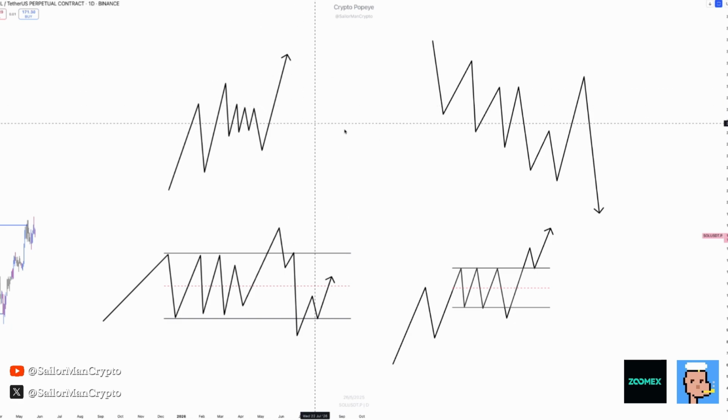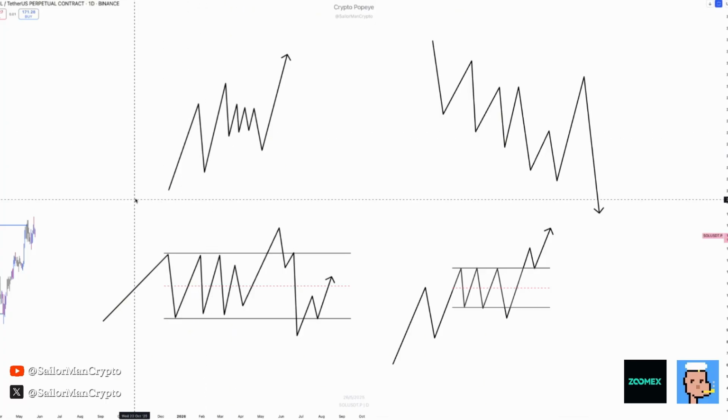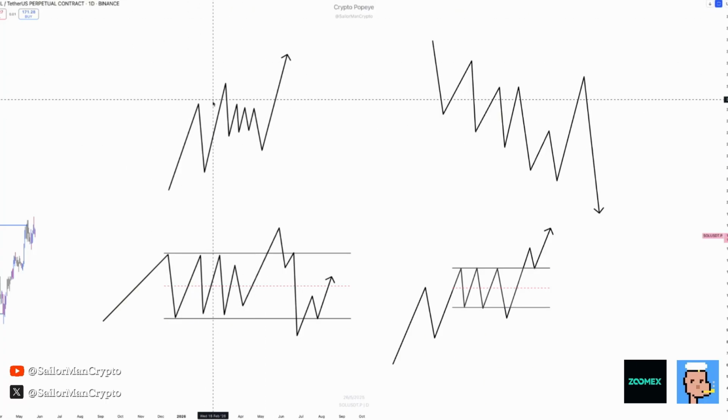So here I drew these 4 charts to give you 4 concepts of liquidity. This is clearly an uptrend where for a while we do have a small consolidation. And what is interesting from a liquidity perspective in this small part is what is happening here. This is what I call